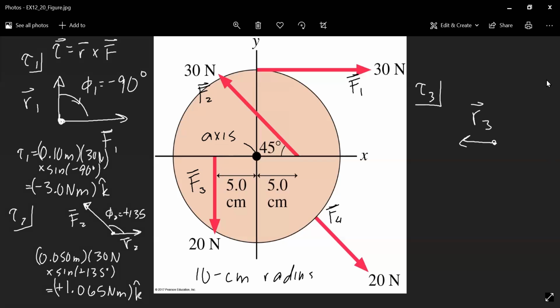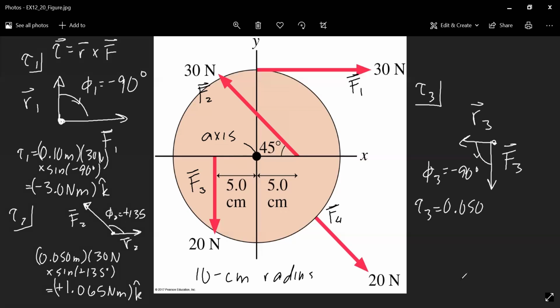And since the F points down, again, lining them up, the R swings clockwise into the torque. So we still have phi 3 equals minus 90 degrees, or minus pi over 2. And you can start to get the hang of this when you do it. So tau 3 is going to equal